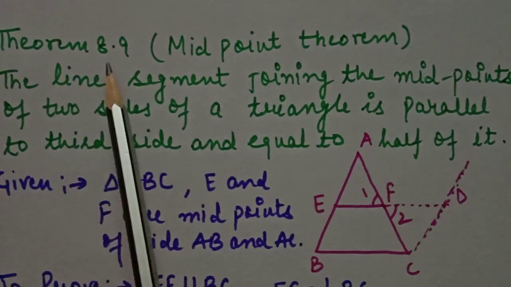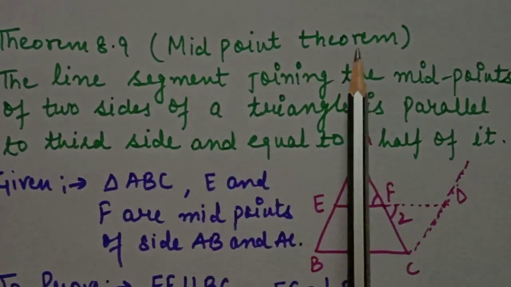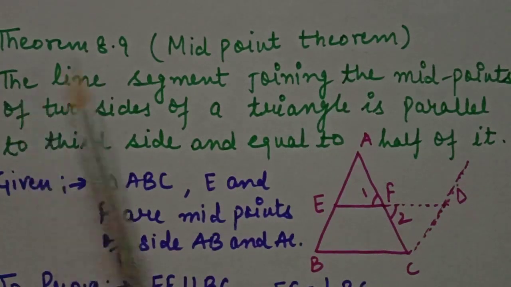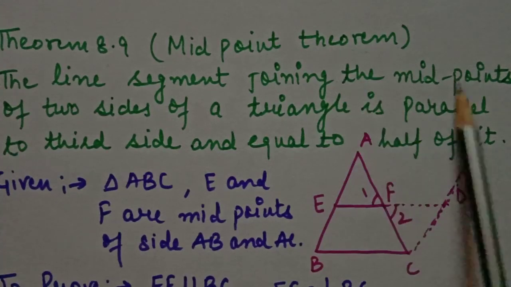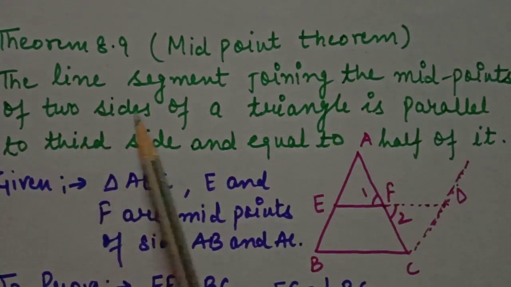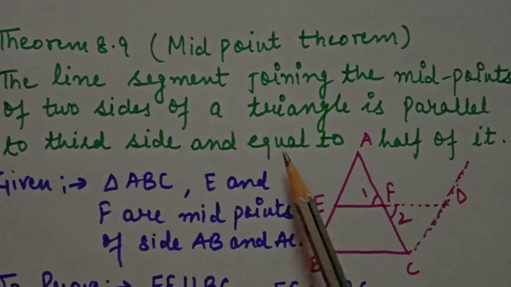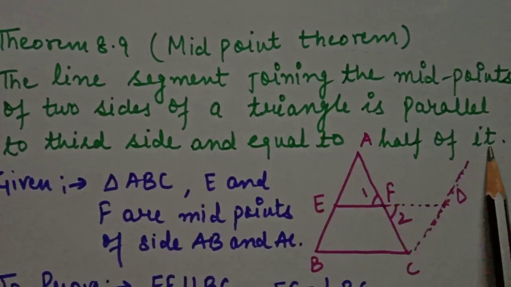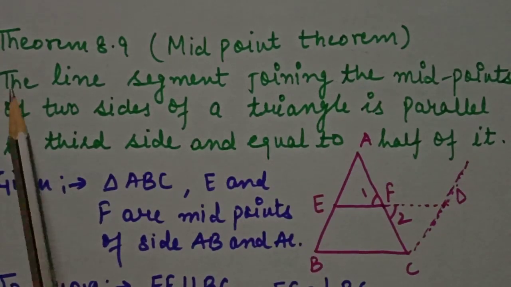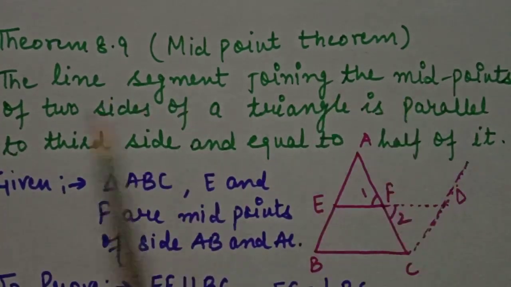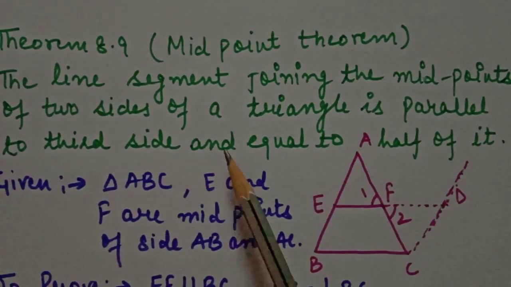Theorem 8.9 is the midpoint theorem. We call it the midpoint theorem. The statement of the midpoint theorem is: the line segment joining the midpoints of two sides of a triangle is parallel to the third side and equal to half of it. So students, read it again. The line segment joining the midpoints of two sides of a triangle is parallel to the third side and equal